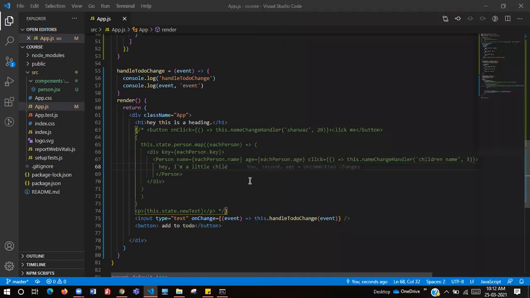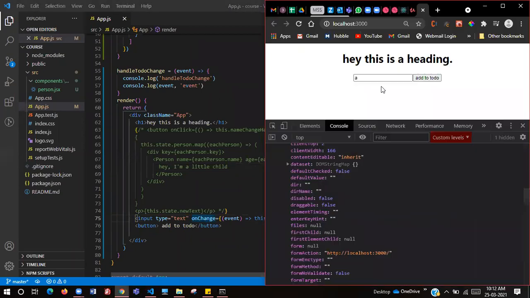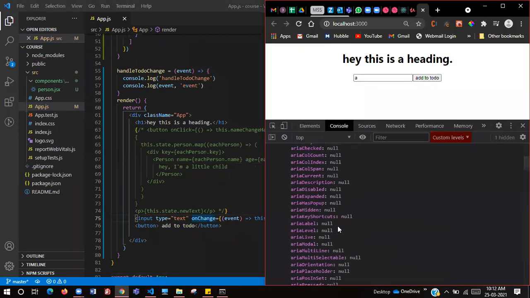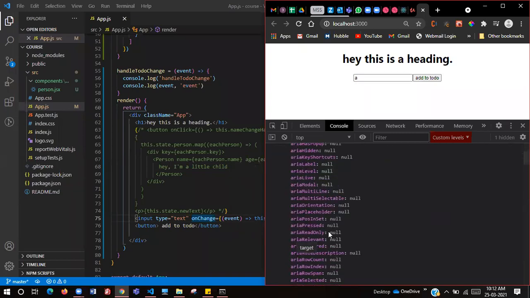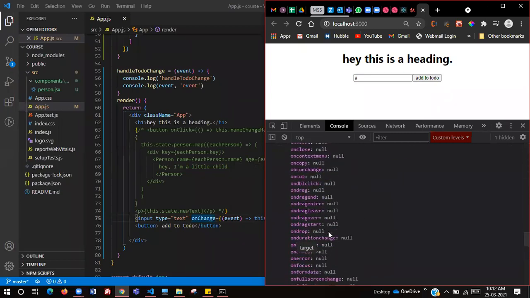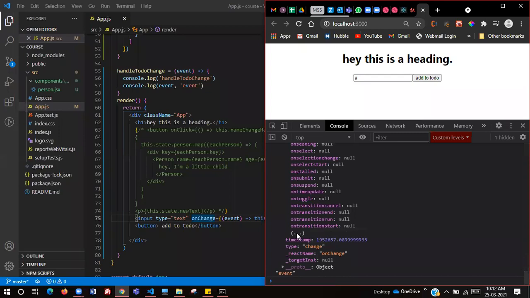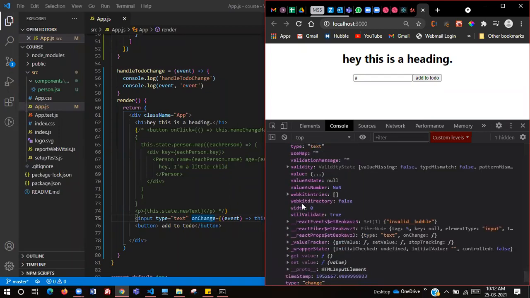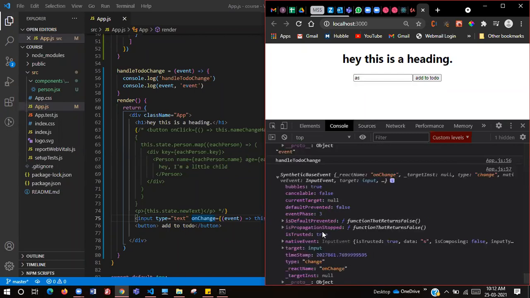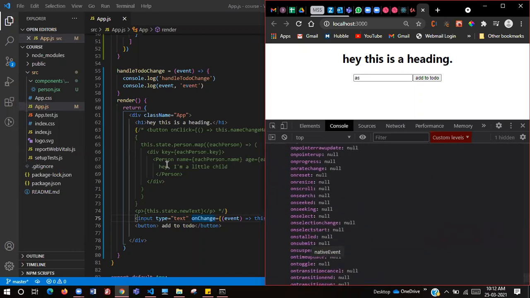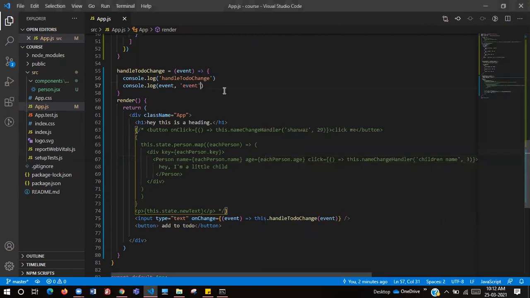Yeah. So how do we get its value? We get its value from event.target.value. This target has so many properties, I think we won't be able to see all of them. Okay, value. See, event.target.value is the one that we have. If we type again, this is going to trigger that event again, and again we will be able to see that event.target.value.